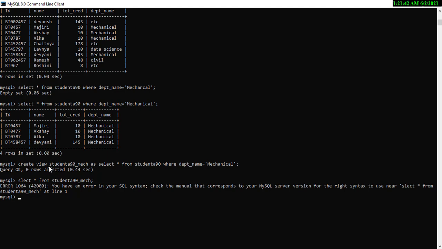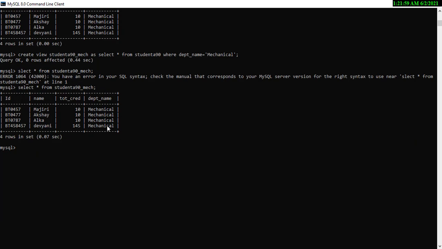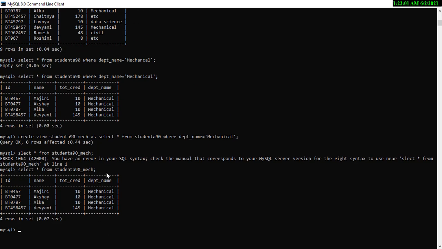Okay, so I think that I have made a mistake over here. The select spelling is wrong. So now I can see that the same table is created over here.